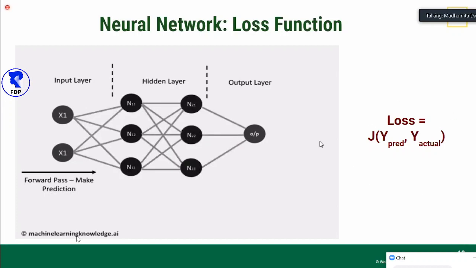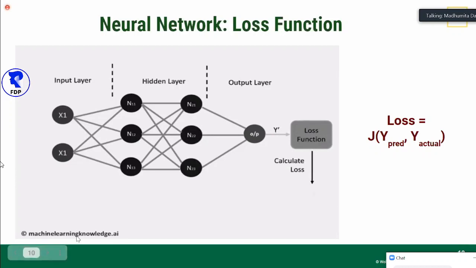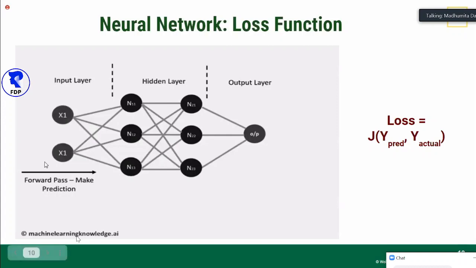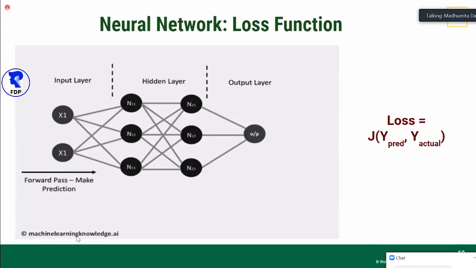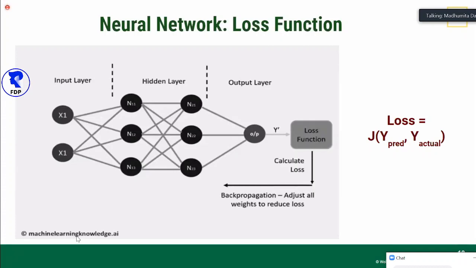So once you determine the loss function, the back propagation happens, and the idea behind back propagation is to adjust all the weights and the biases to minimize this loss function. And suppose you have 1,000 examples, 1,000 such data points, then this will be done for all the 1,000 data points, and it's a generalized approach. It wouldn't go and try to minimize it for one example. It will try to minimize the loss function for all the examples you have provided, and that's the beauty of this neural network.